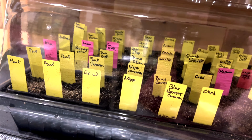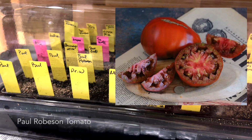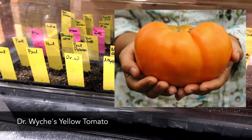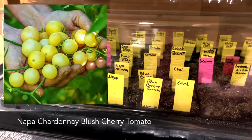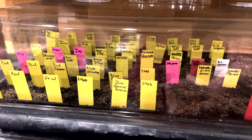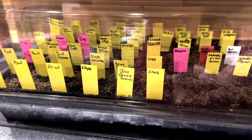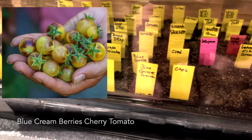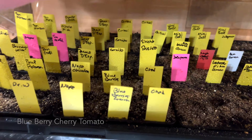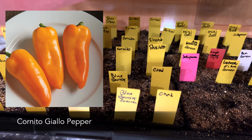I ended up planting 5 Paul Robesons, which I talked about in the last video is our favorite tomato, 1 Dr. Wyches. I did plant 2 Napa Chardonnays because I want one plant to live, and it's so finicky. I also put it with some other cherry tomatoes that like to be a little on the drier side, so hopefully that'll work. It's with a Blueberries and Cream and a Blueberries cherry tomato, 2 Chadwick Cherry,